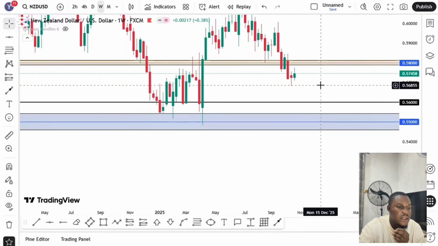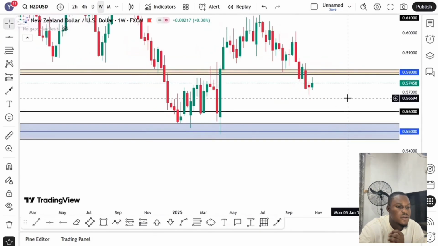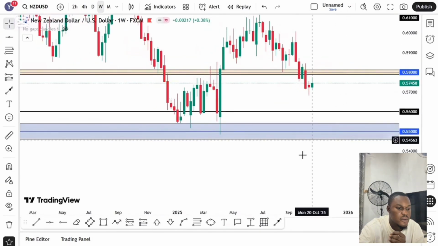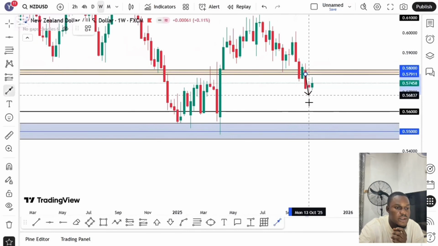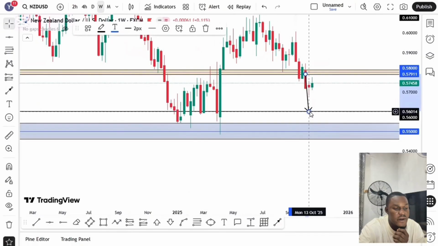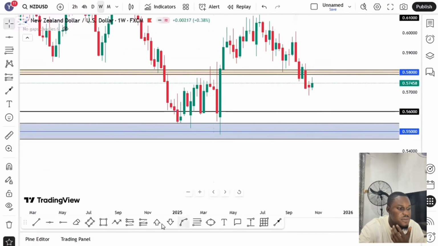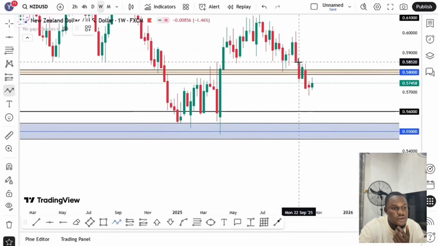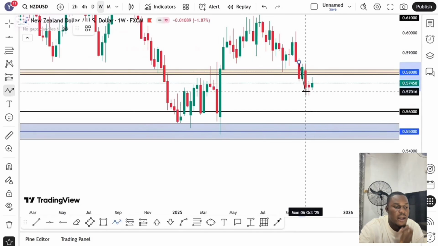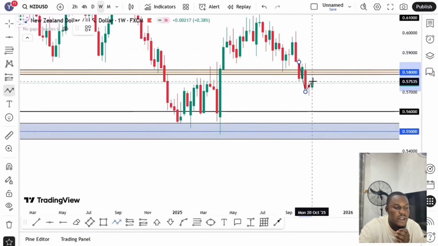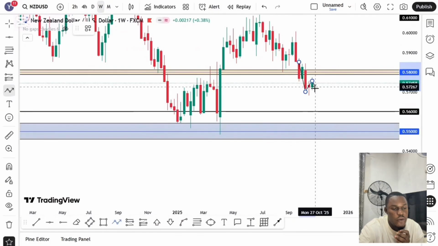You have to know that the market does not drop in a straight line. You do not expect the market to drop in a straight line, though it happens, but it is very, very rare. The market moves in waves, which means if the market drops, we expect the market to range a bit, then continue dropping.